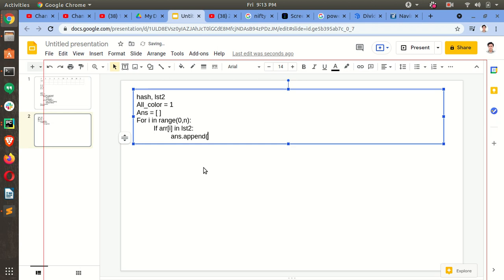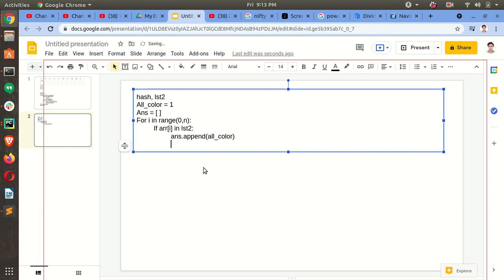So we will append. What will we append? We will append all color. Okay. All color is equal to all color plus 1 mod sol.